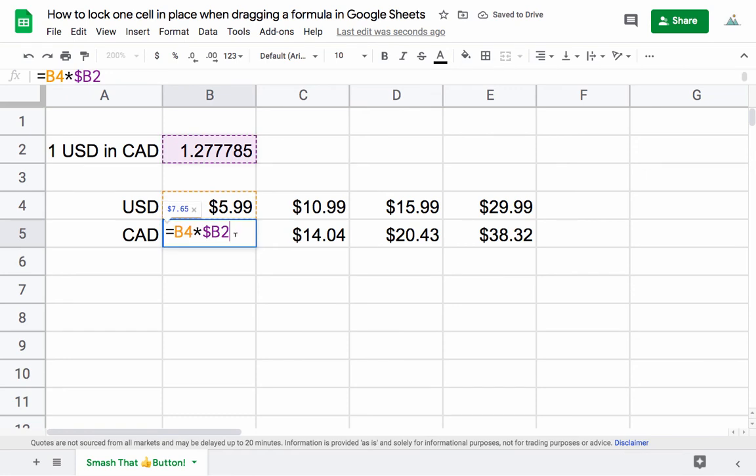If you want to be really safe, what you can do is you can put the $ in front of the column and the row, so like this, and then you can know definitely if you're dragging from right to left or up and down that the cell that we've locked is never going to move, no matter where we put our